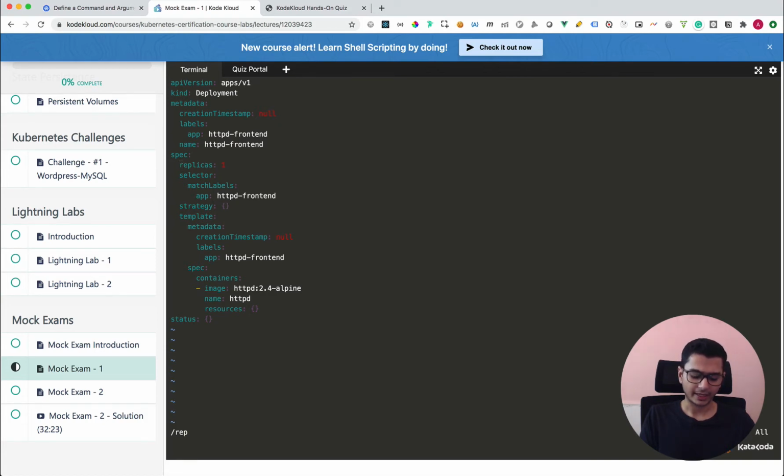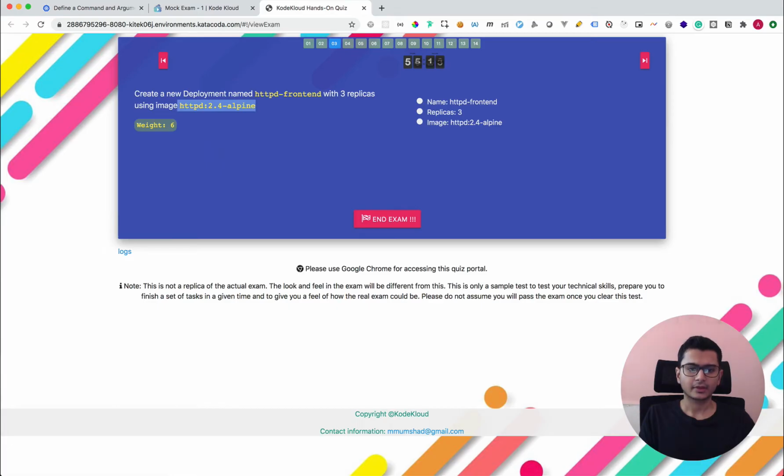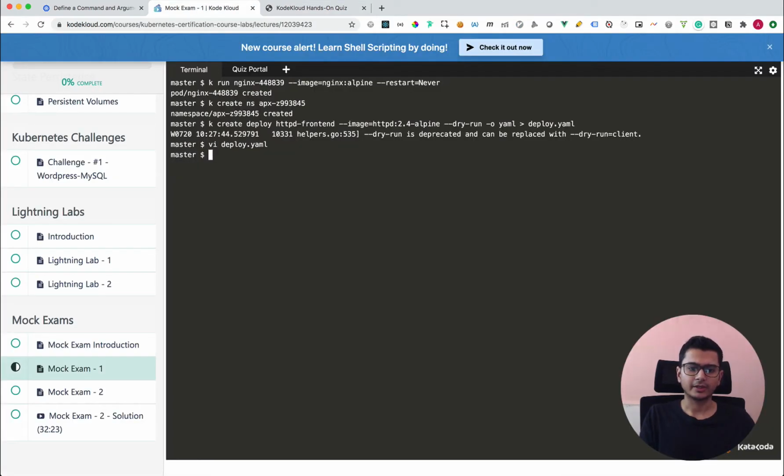I'll go to that line and change the number to 3. That is the only requirement here. Create -f deploy.yaml,